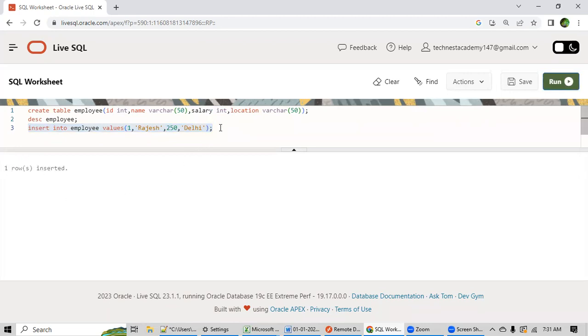Any question in this? How to insert data? Tanvir, into and values are reserved keywords. Then can you use double quotes instead of single quotes? No, you have to use single quotes only. Tanvir, one question: varchar and varchar2, is the difference how they store data internally, or are there any other differences?